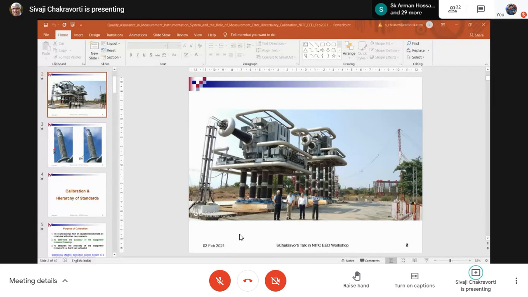You are seeing this photo? Yes, sir. What is it? What are you seeing? Testing transformer. Correct. And any idea about the size? You can see, right? We are standing below this. This is where? Any idea? India, abroad? This is India. India, sir. This is India, right? You are confident. You showed it last class. Correct. I already told you.